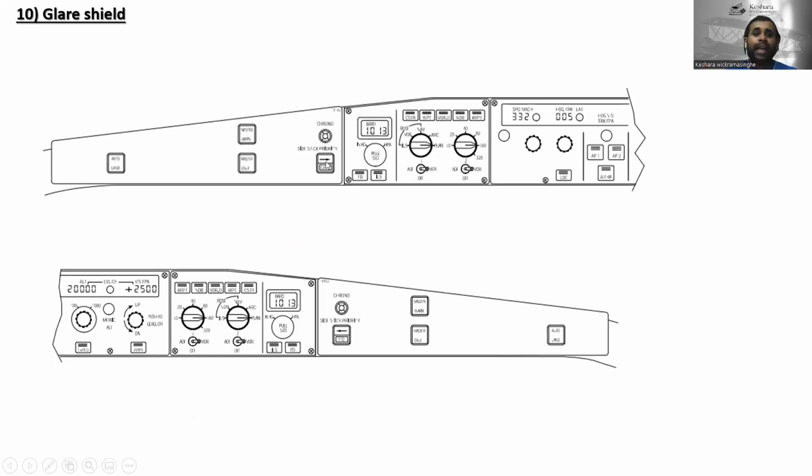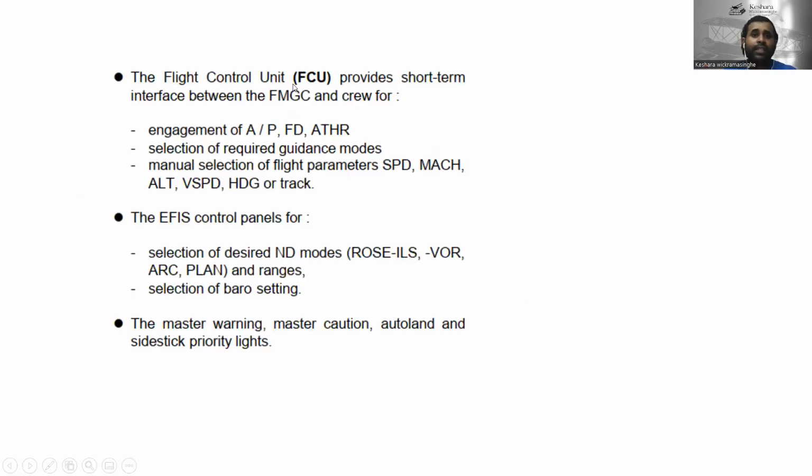All right, so now this is the glare shield. Okay, this is the glare shield. So yeah, glare shield, this is the flight control unit. Okay, so let's see, you can see the glare shield. Yeah, the flight control unit, FCU, provides short-term interface between the flight management guidance computer and the crew for engagement of the autopilot, flight director, and auto thrust. Okay, so selection of required guidance mode. Okay, you can select the required guidance mode, and manual selection of flight parameters, speed, Mach, altitude, vertical speed,